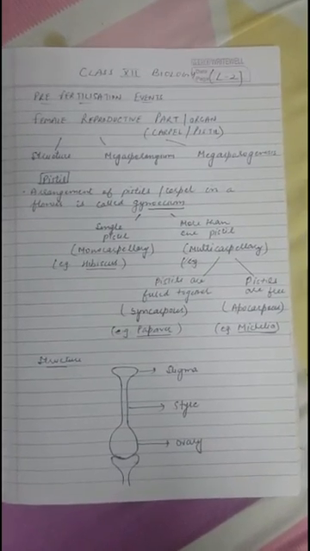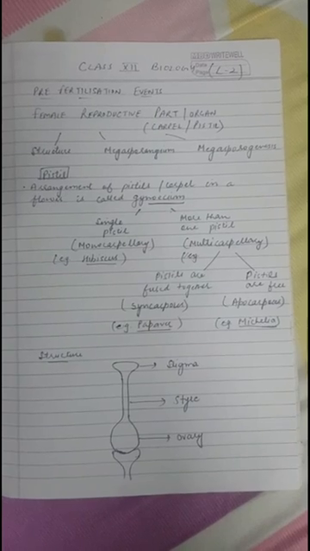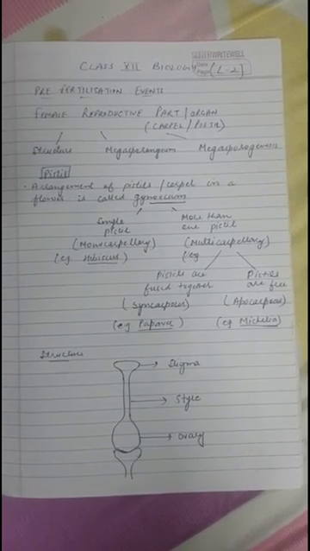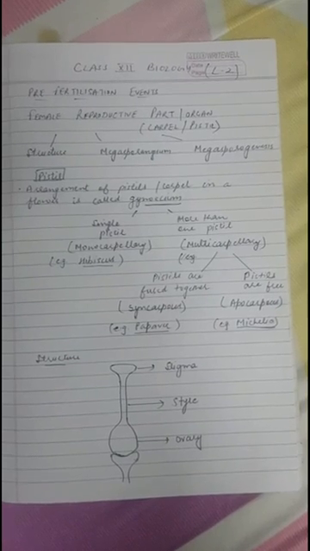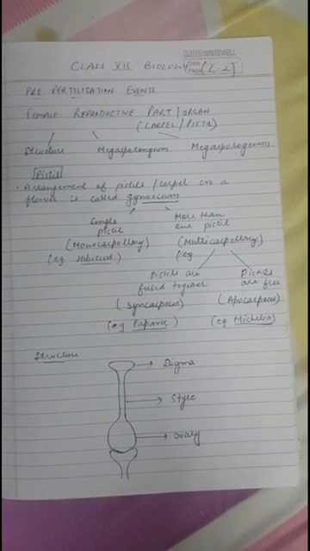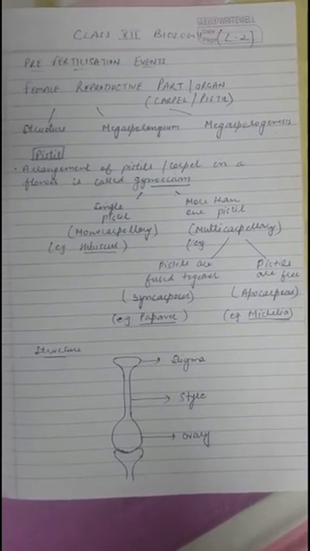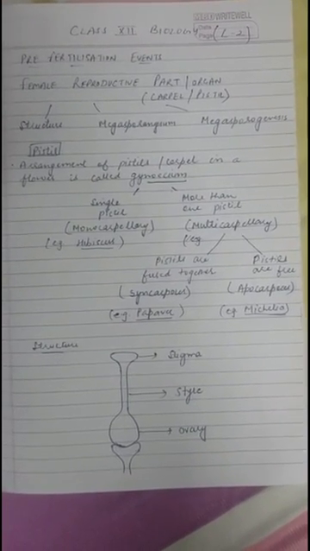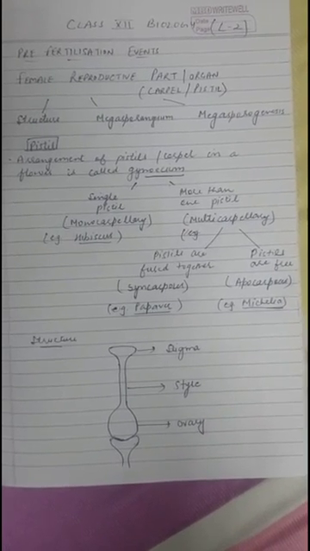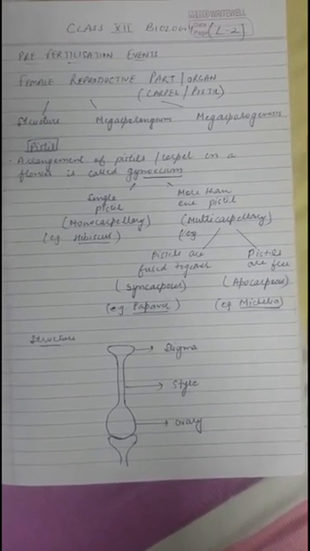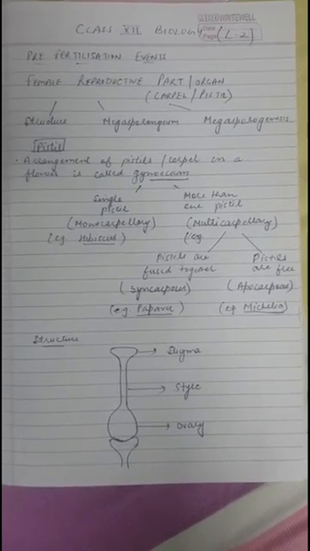So we have started with lesson 2, sexual reproduction in flowering plants, and regarding that we have started with the pre-fertilization events in which we have studied the structure of the male reproductive part, the internal structure of anther, which I have given you as homework also to draw, and also the formation of microspore, that is microsporogenesis.